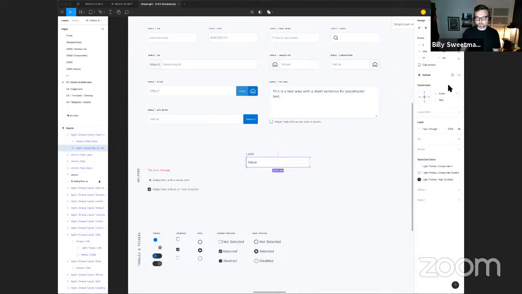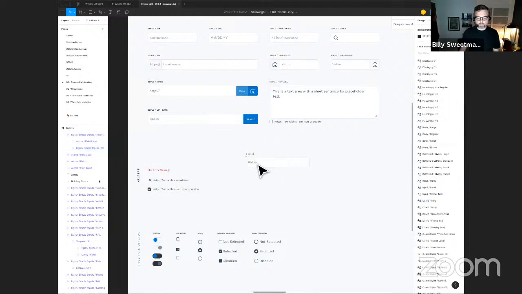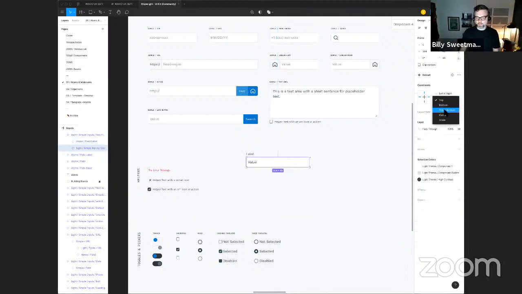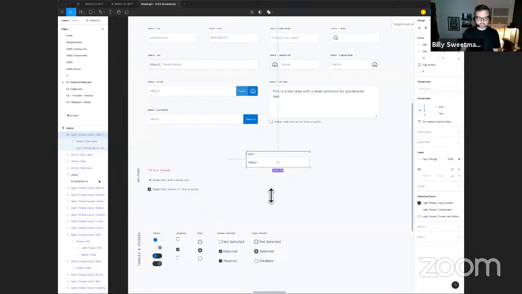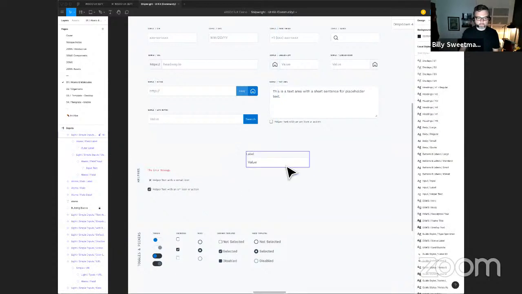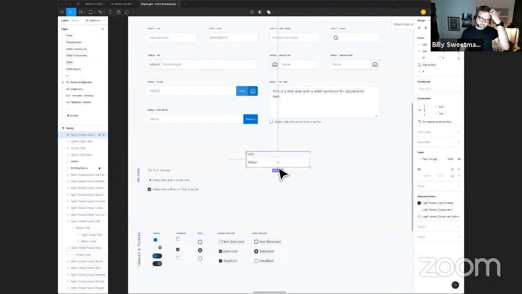I'll make sure this is set to left and right and top. That way I can use it for an input. Oh, we want left and right, top and bottom. That way if I need a longer input field, I could. So this is set to scale down. So this is something I might want to change on that other component. So that hangs around up the top and that scales accordingly. All right, so that's the way I might start to expand out this UI kit to have input field with